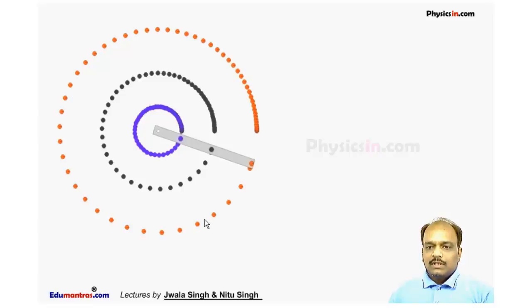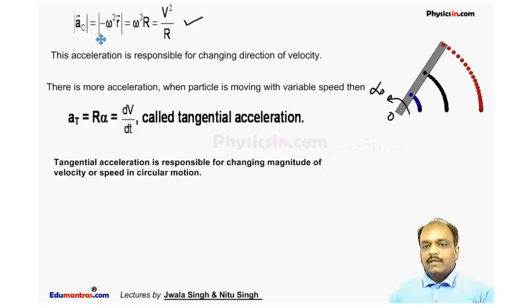and it goes on increasing. Here the distance is very small, the particle is very close, but here it is moving farther away. So if the particle is moving with angular acceleration, then the angle traveled by the particle is different. In this case we can never say theta is equal to omega into t. This is a wrong expression here because omega is not constant.